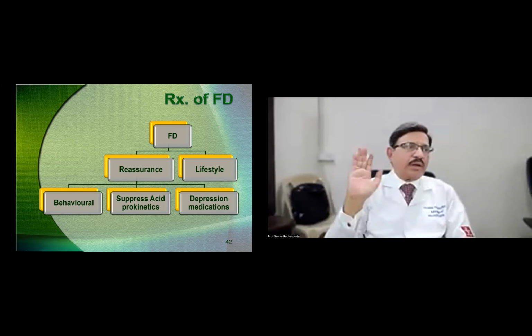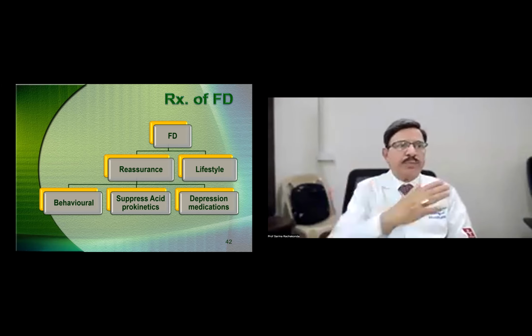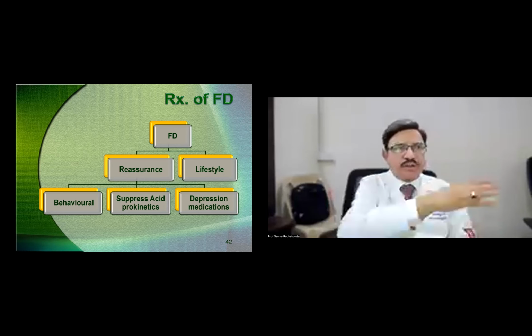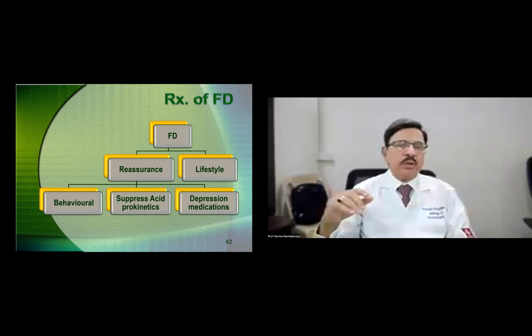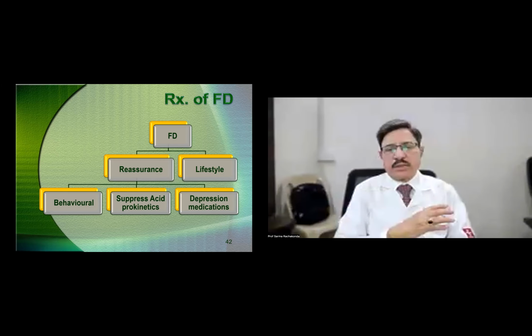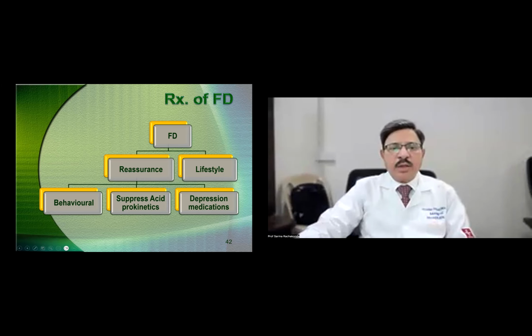At least 2 hours after food, he has to be in the erect position and preferably sleep in a slanting position on the left lateral side with 2 pillows under the chest. These are the functional measures, and reducing obesity. So these have to be practiced. In addition, behavioral treatment, cognitive behavioral treatment, suppress the acid with prokinetics probably, and also antidepressant medications you have